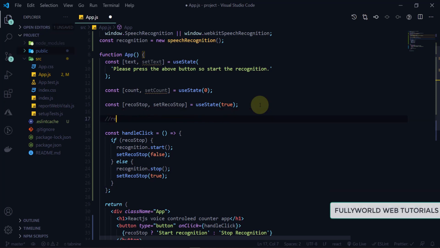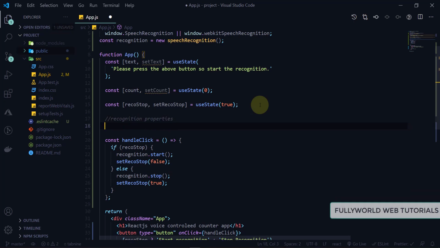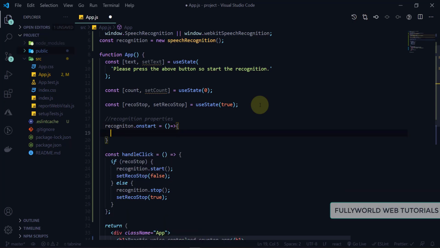So here I'm going to write recognition properties. First property, we will write recognition dot on start. On start, what will be the function here? So this is our first property, first method. On start, we have to first of all set our text here. So we will set our text to voice recognition has started,